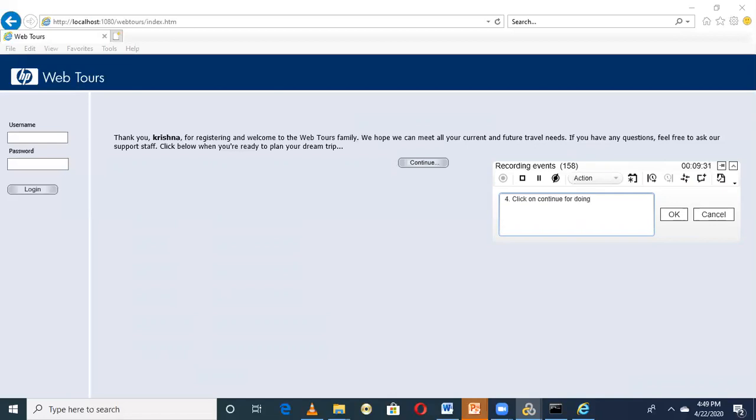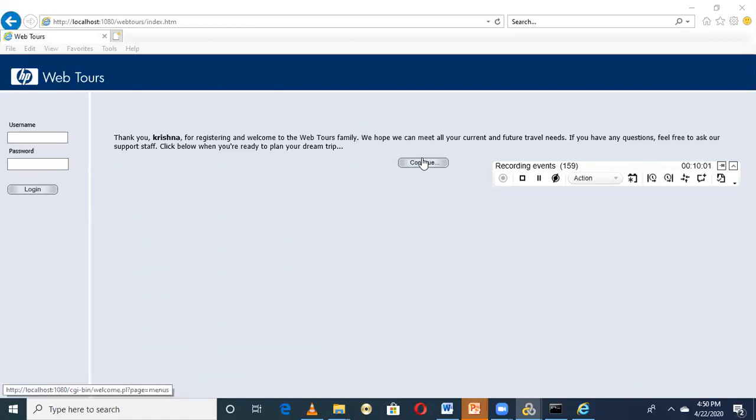Again we need to give the transaction name as webtools underscore user registration underscore, and now I'm going to give the name as login, since it is transaction 4, so T04. Now I'm going to click on continue.